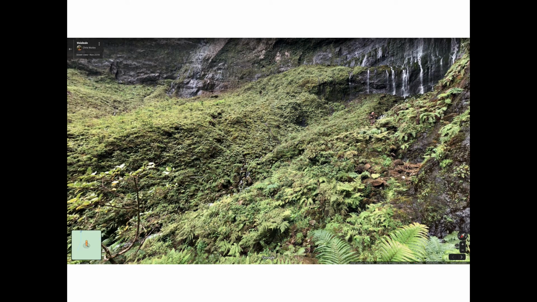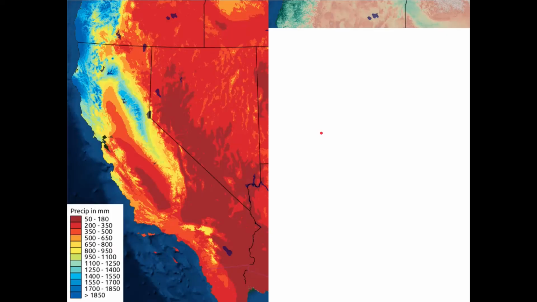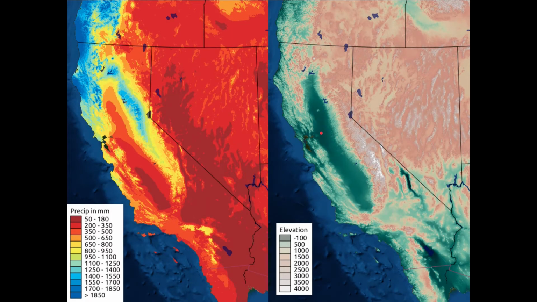The wet side of Mount Waialeale, if you like ferns, it's a great place to go. And then the dry side, the rain shadow. This is the native vegetation. In California, very similar. The two patterns in California are latitude under the polar front, latitude under the subtropical high,